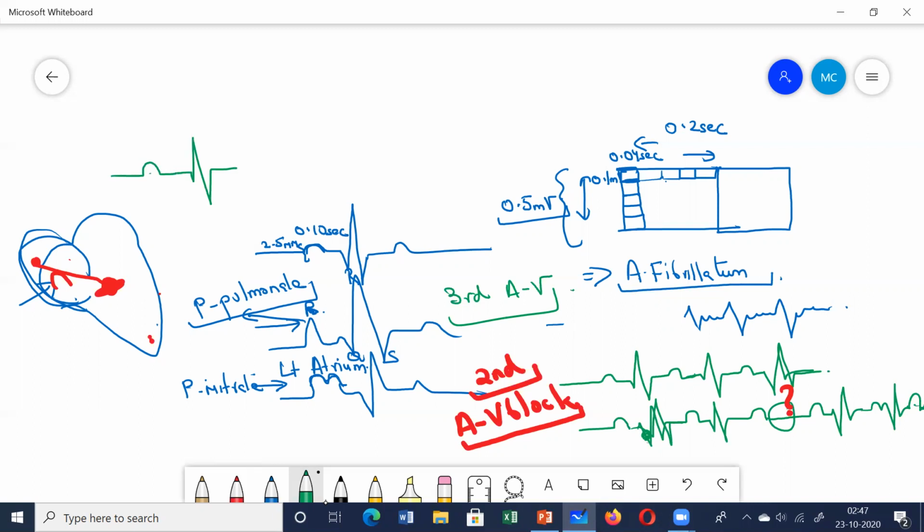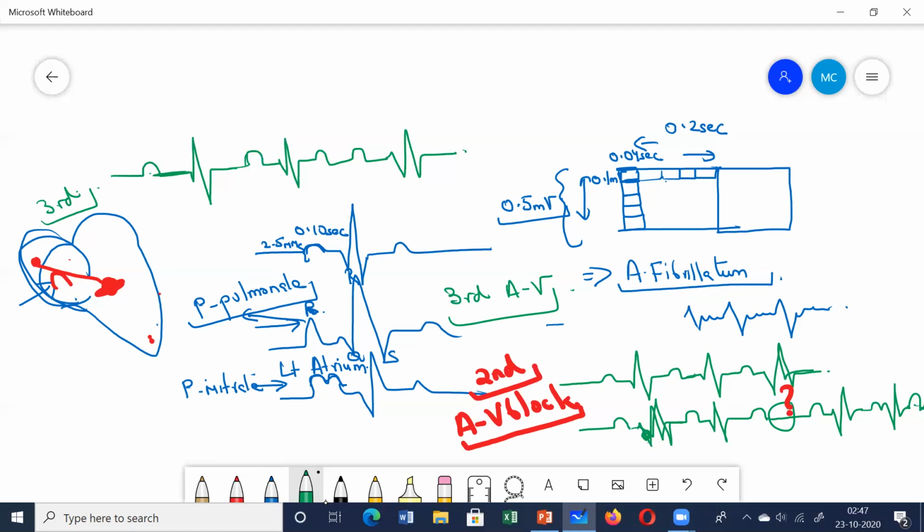Okay, so it can occur like this, this duration will vary, and the atria will beat on their own, and again you will find two P waves, again you will find it like this. So the relation that each P wave is followed by a QRS complex is completely lost in the third degree AV block, where the atria and the ventricles beat on their own. So there is a dissociation between the atria and the ventricles. This is a condition where the P waves do not bear a relation with the QRS complex. Okay. So this is about the abnormalities of the P wave.